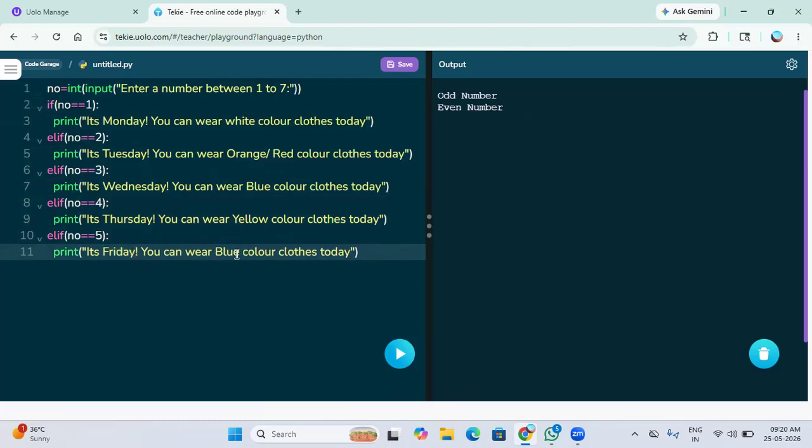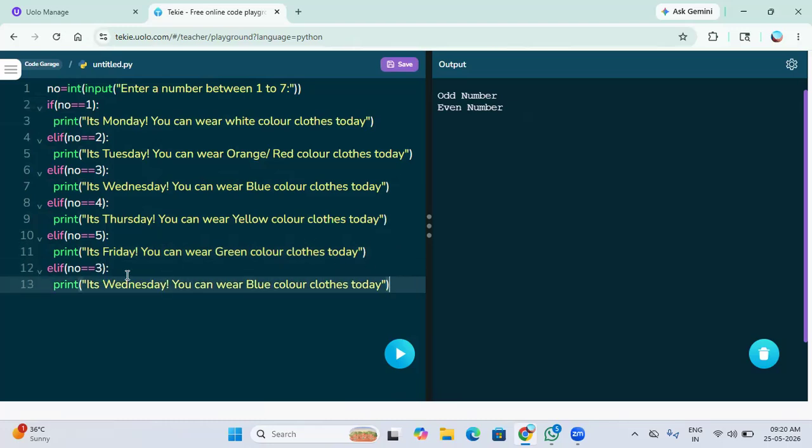You can wear green color. If it is 6, it's Saturday. You can wear